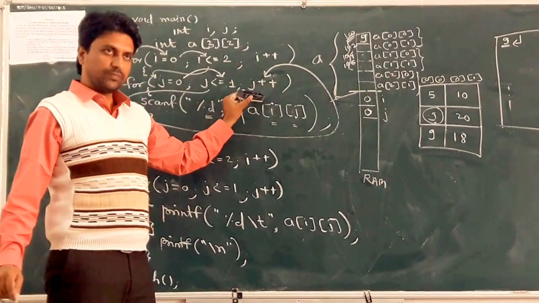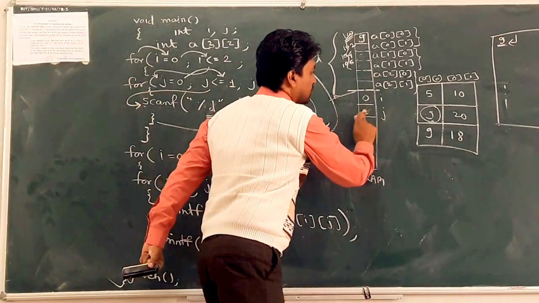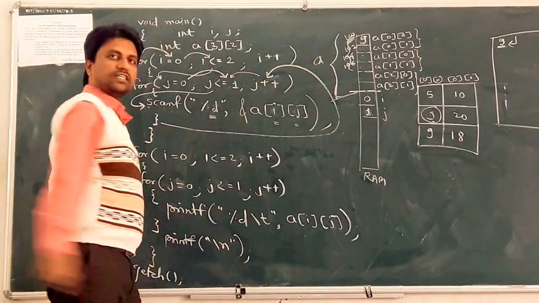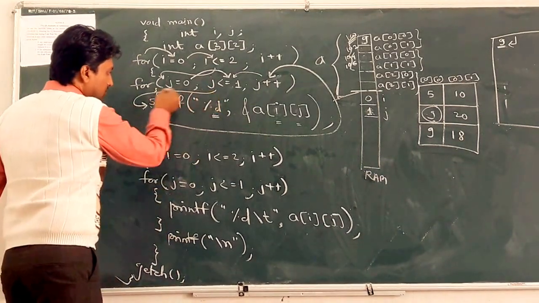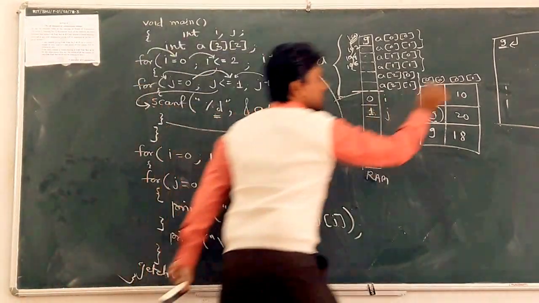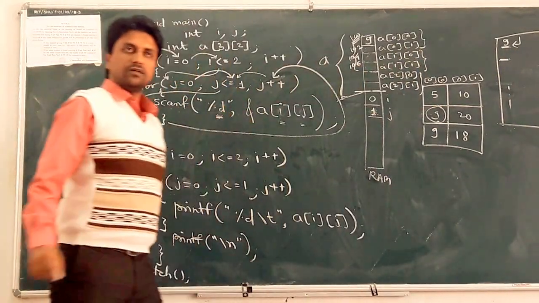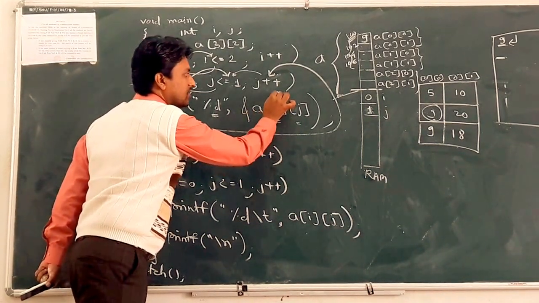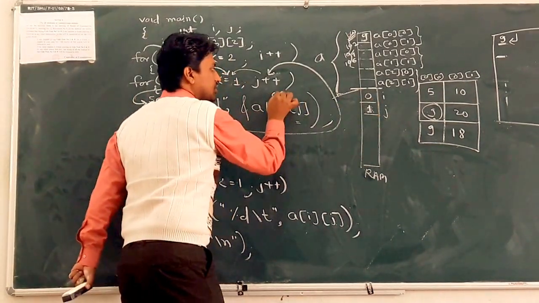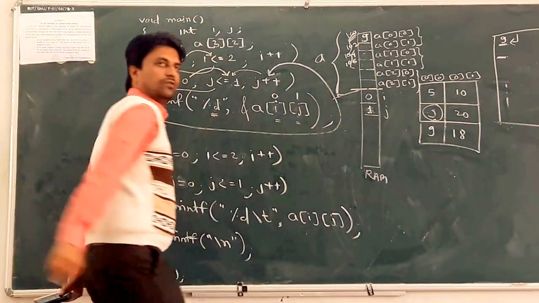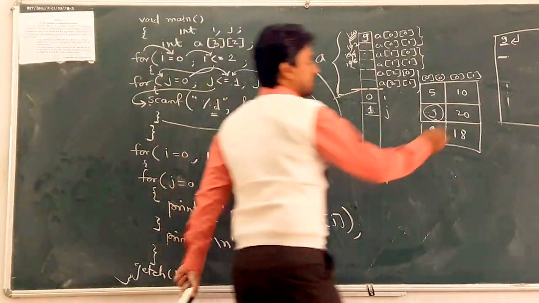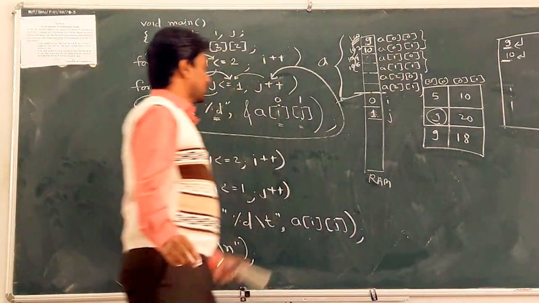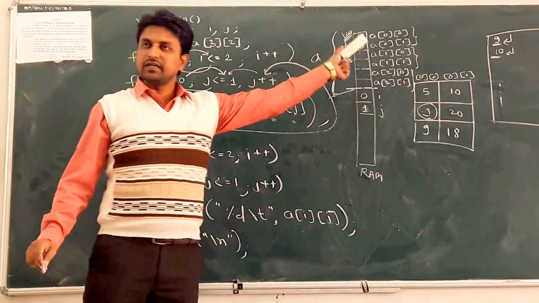Now the cursor goes to j plus plus. What is j plus plus? 0 plus 1, that is 1. Now check the condition, 1 less than or equal to 1, condition true. Now the scanf statement, percentage d, the cursor blinks on this. Next, ampersand of A of, what is the value of i? 0, same, only j is now 1. So whatever you type here, suppose 10, press enter, that 10 value is stored at the location A of 0, 1 in your RAM.